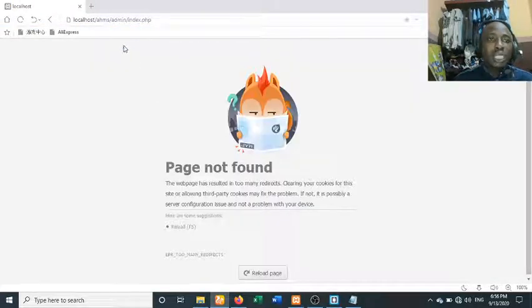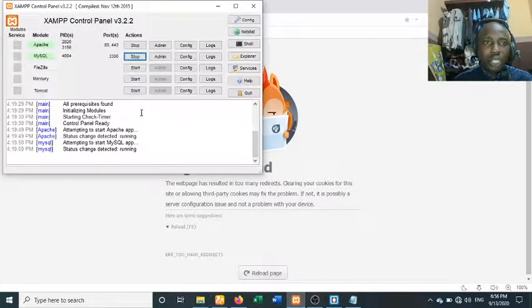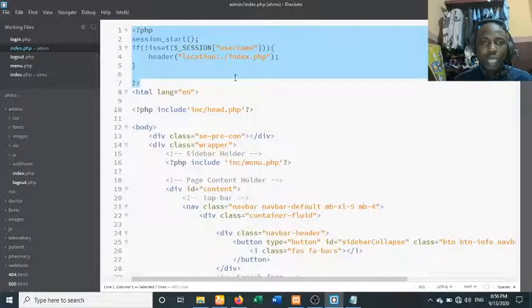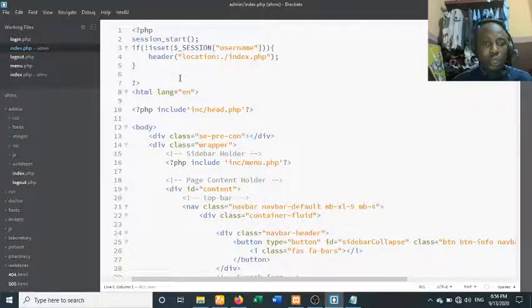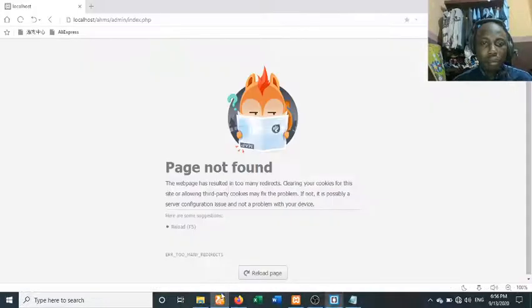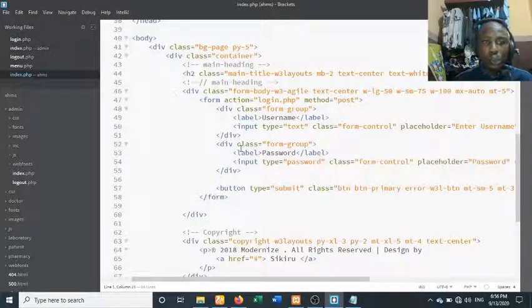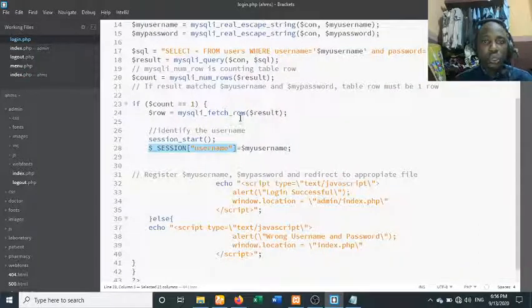So I think I want to check, because I'm expecting it to redirect. Are you getting it? I'm expecting a redirection. So that's the reason why I'm trying to check if it is so, it's supposed to redirect me to ahms admin index.php. I'm also trying to figure out, because I expect it to redirect me to